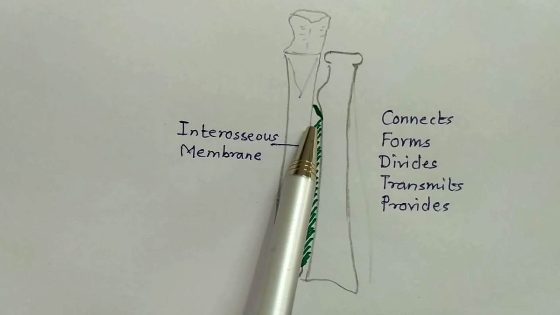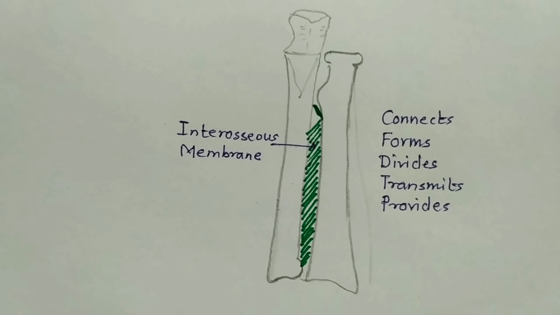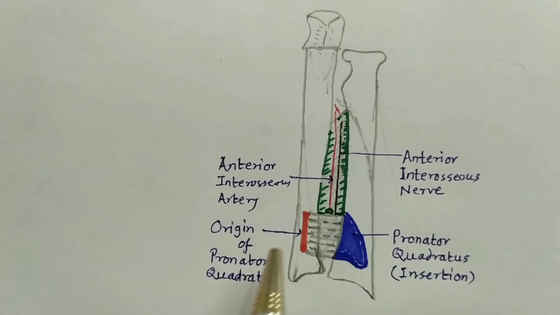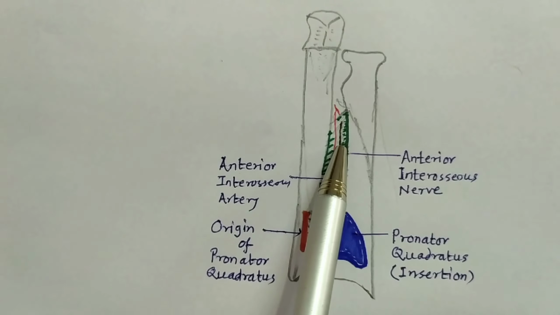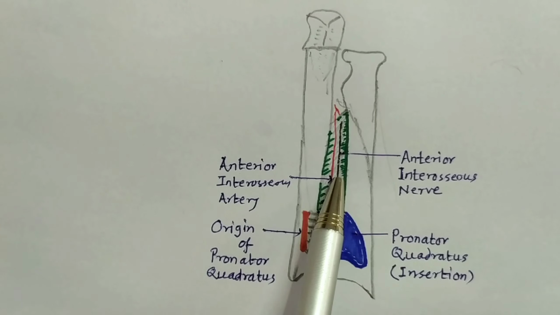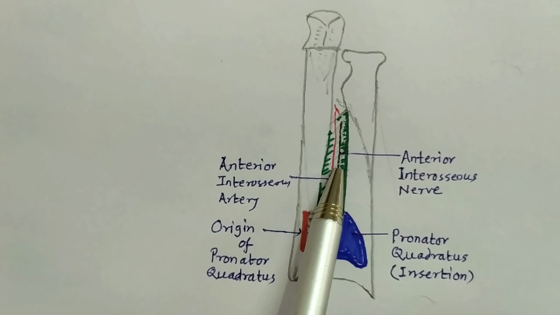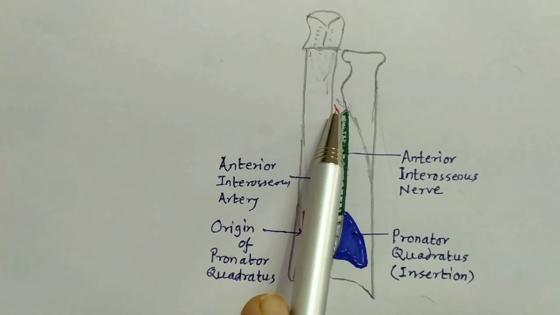Between the upper border of interosseous membrane and the oblique cord, there is a space, and through this space, the posterior interosseous artery goes to posterior or extensor compartment. Anterior to the interosseous membrane lies anterior interosseous nerve and anterior interosseous vessels. The anterior interosseous nerve is branch of median nerve, while the anterior interosseous artery is branch of common interosseous artery, which comes from ulnar artery.